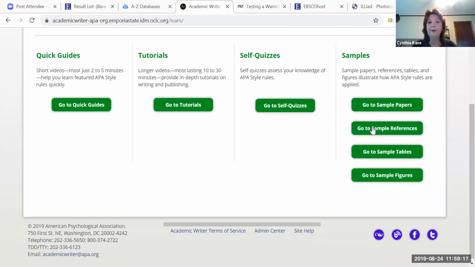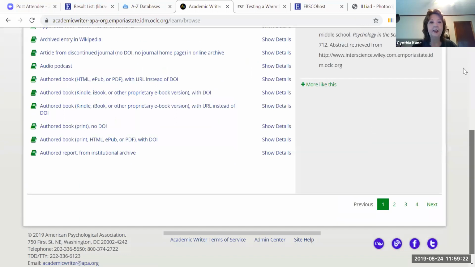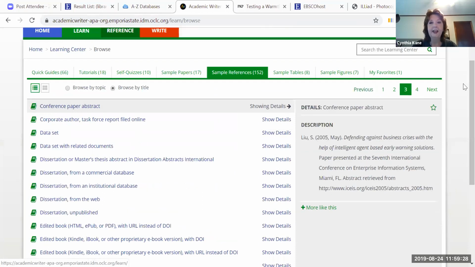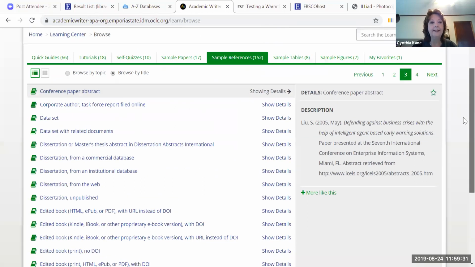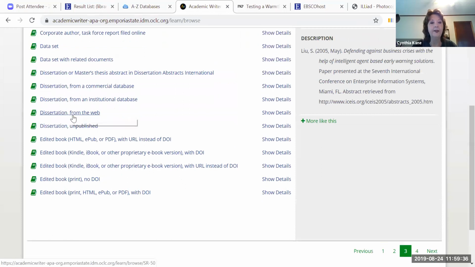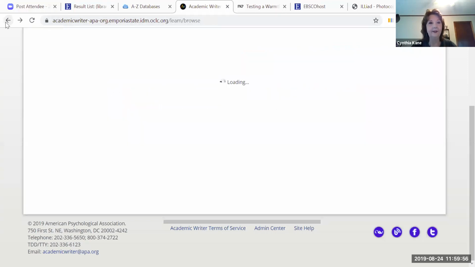And over here under Samples, if you go to Sample References, let's say that you're not quite sure how to do a reference in APA style, maybe for a dissertation that you found that was just on the web. When I click on that, there are tons of sample references in Academic Writer that will help you see, okay, there's a template, and then this is the way that I would set this up in APA style. So that is kind of just scratching the surface